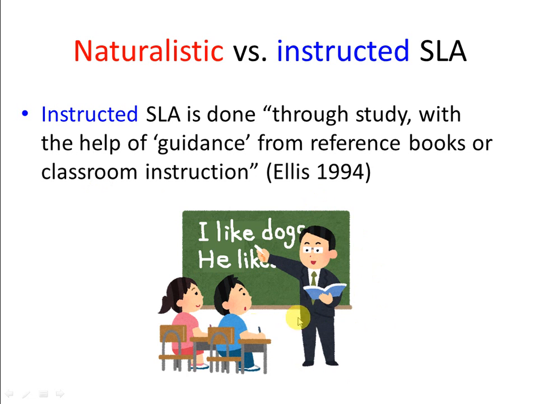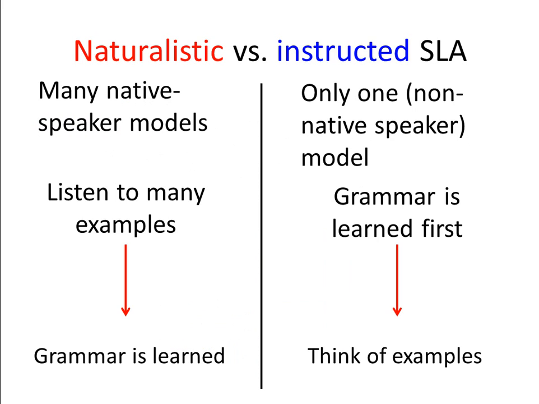So this is a classroom where we have a teacher who teaches English, a foreign language, to the students. Okay, so this is an example of instructed second language acquisition, and maybe many people learn a second language or a foreign language like this. And